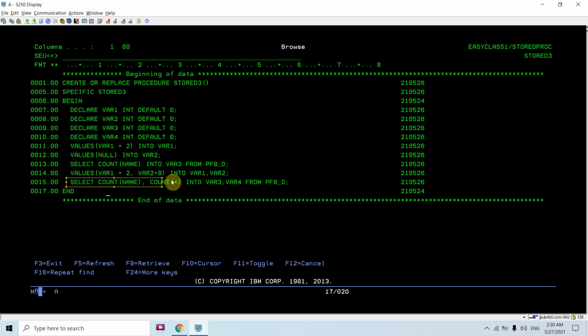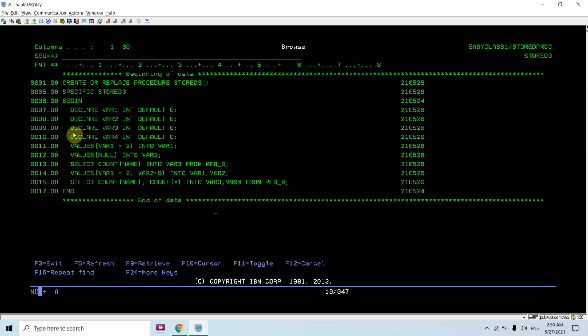In the next example, we select count(name), count(*). Both are the same, either count name or count star, but to demonstrate the syntax I have taken it the other way: INTO var3, var4 FROM pf_d. Here I am evaluating two variables with the same values.